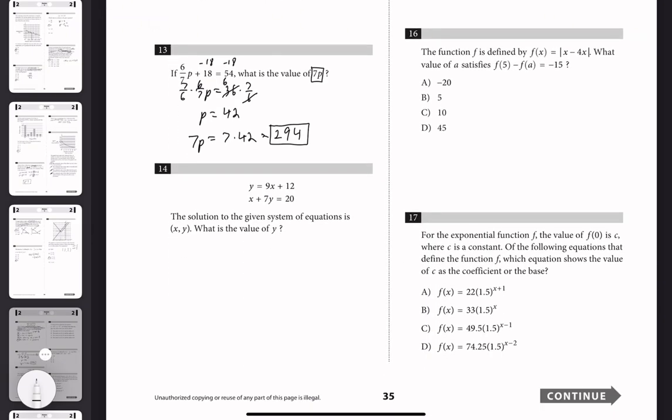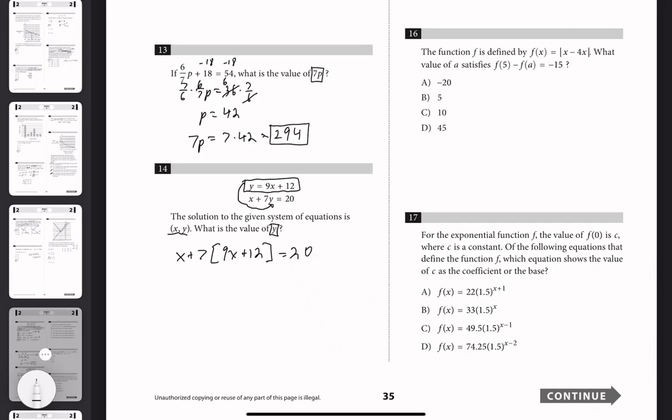Now, the solution to the given system of equations is x comma y. What is the value of y? There are multiple ways to solve this, but looking at this, I see that instead of multiplying both equations by a certain number, it's easier to just plug in this equation, y is equal to 9x plus 12, into this equation. So we get x plus 7, and then we plug in that value for y, which is 9x plus 12,